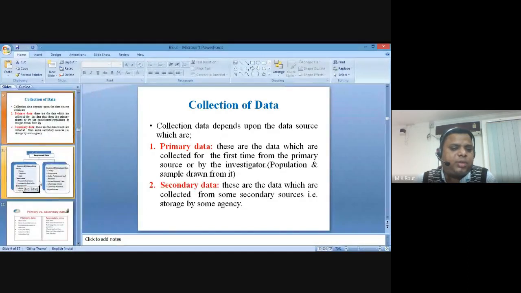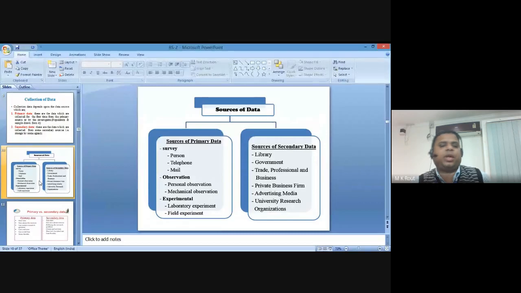Also, the basic difference between primary sources and secondary sources. For example, in case of primary sources, you go for the first time, in case of a survey, basically person-to-person interaction for collection of data. You can also use telephonic interaction, with two or more people, or maybe an infinite number of people, for collecting different types of data. And lastly, you can communicate with other people with the help of mail. So these are the different methods for a survey: personal interaction, telephonic interaction, through the internet or through mail, for collecting different primary data.